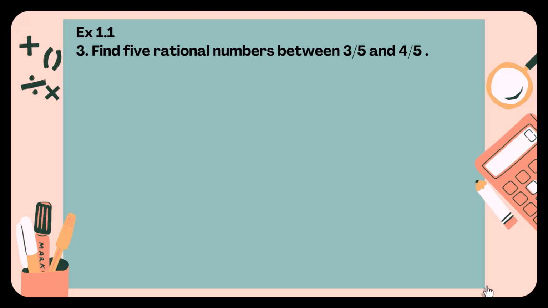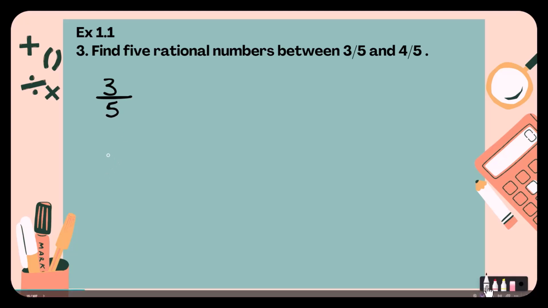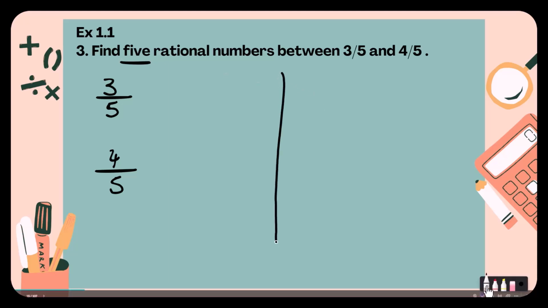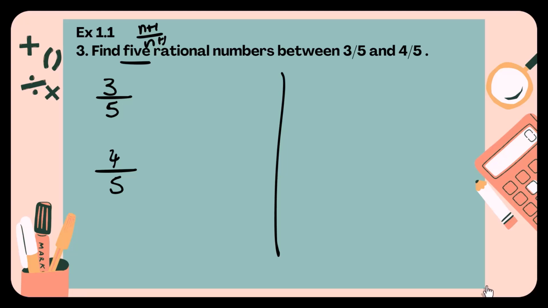So what do we have? We have 3 by 5 and 4 by 5. Is the denominator same? Yes, the denominator is the same. So what is the trick I told? There are 2 methods. What are the 2 methods? You can do n plus 1 by n plus 1 multiply on both the sides. This is probably what your teachers might say. Okay, so if you're doing that, what would your answer be? Your answer will become 5 plus 1, which is